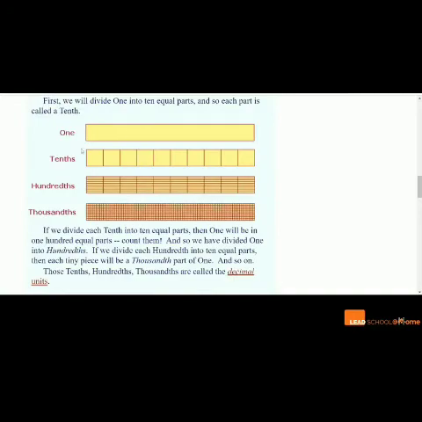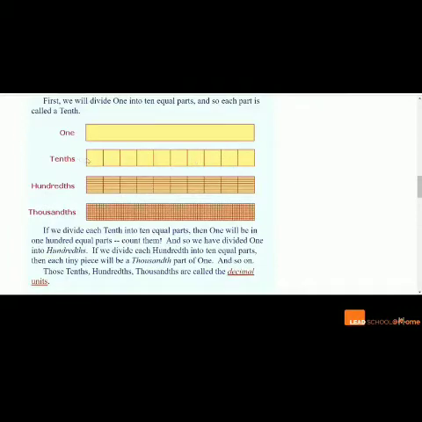To help you visualize better, I have this picture in front of you. So this is my whole, correct? Now I have broken down the whole into 10 equal parts. 5, 6, 7, 8, 9, 10. Correct? Now, when I borrow to convert to tenths, I will convert my 1 whole into 10 tenths. But when I'm adding over, I will add 10 tenths to make 1.